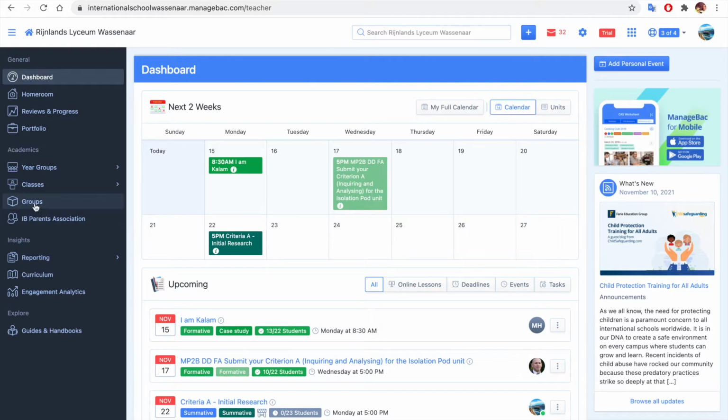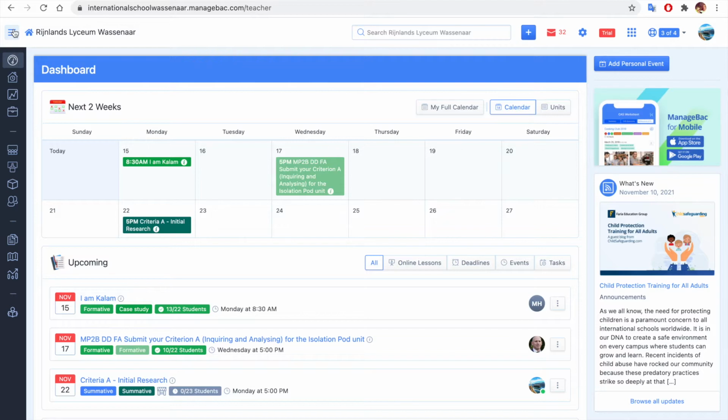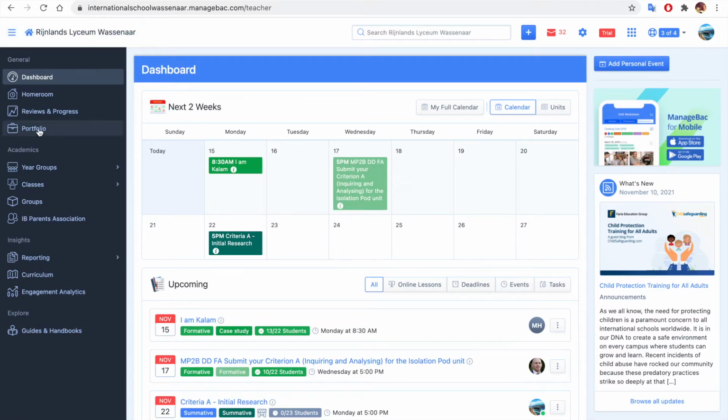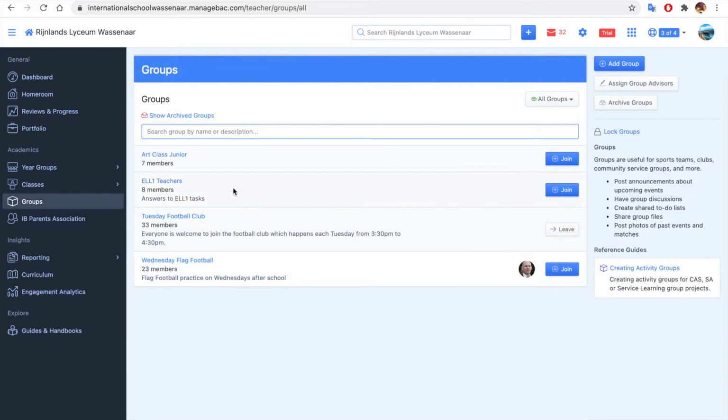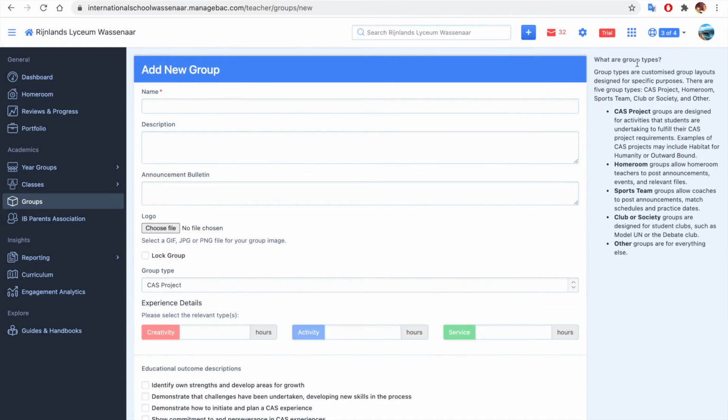So simply click on this little button on the sidebar called Groups. If you can't see your sidebar, you just need to hit those three horizontal lines up the top there. When you click on that, it will show you an outline of all the groups that have already been set up. What you need to do is go into Add Group and simply write in the name of the